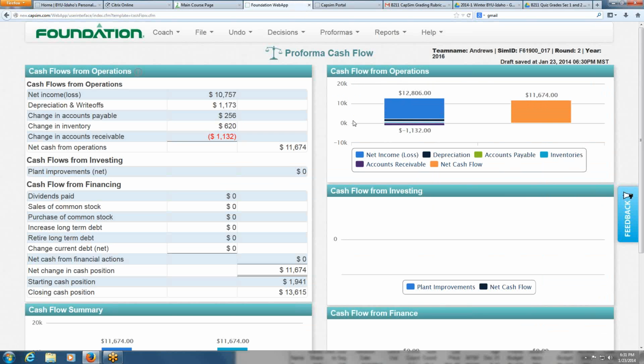If you look at your cash flow statement, a lot of what helps out with stock is just knowing how much cash you have in your possession. So if you have a lot of cash, then that's going to help out your stock prices, because that's what people look for when it comes to stocks, is how much profit you made and how much cash you have on hand. Okay.